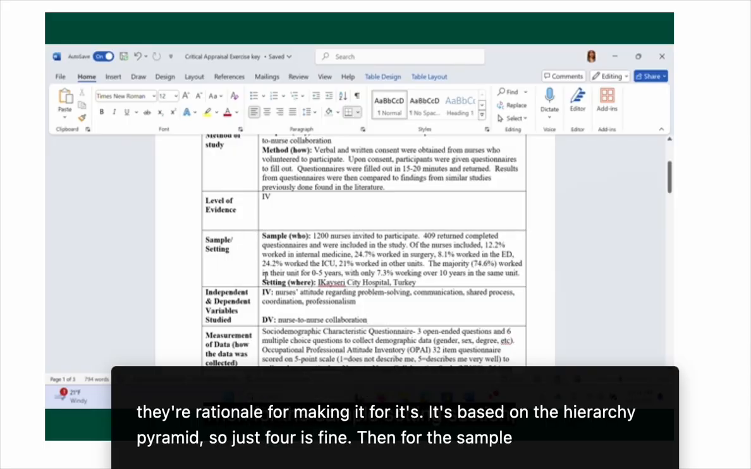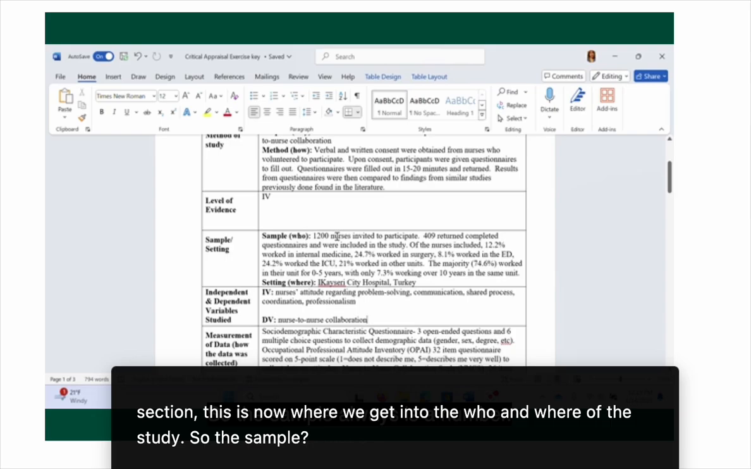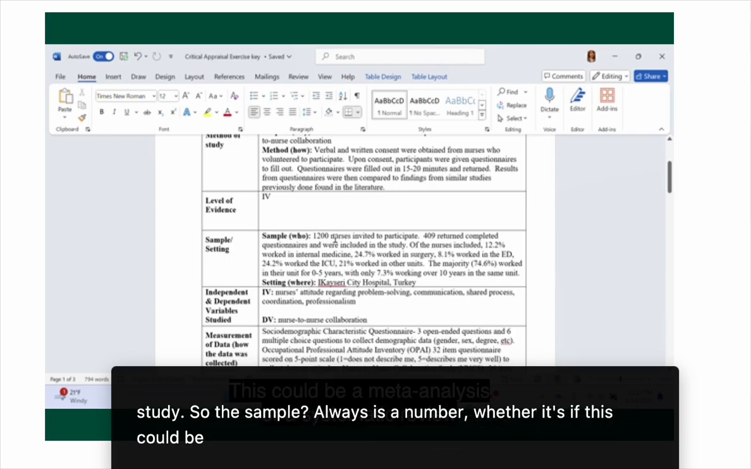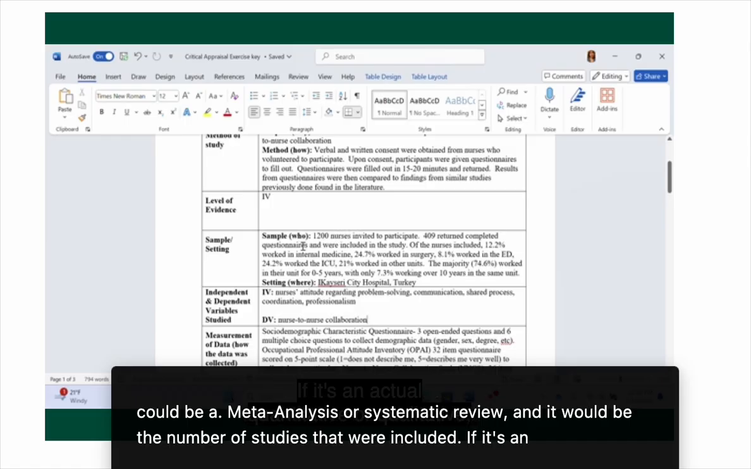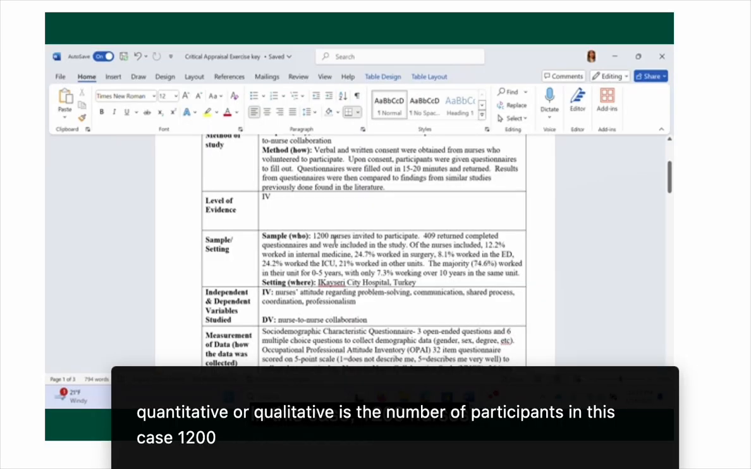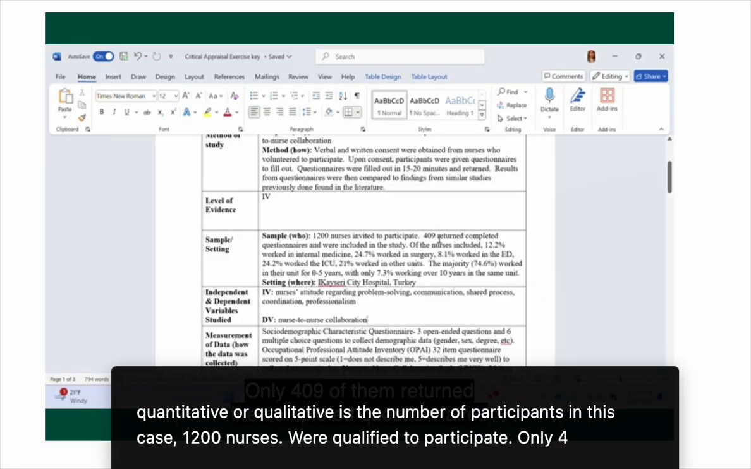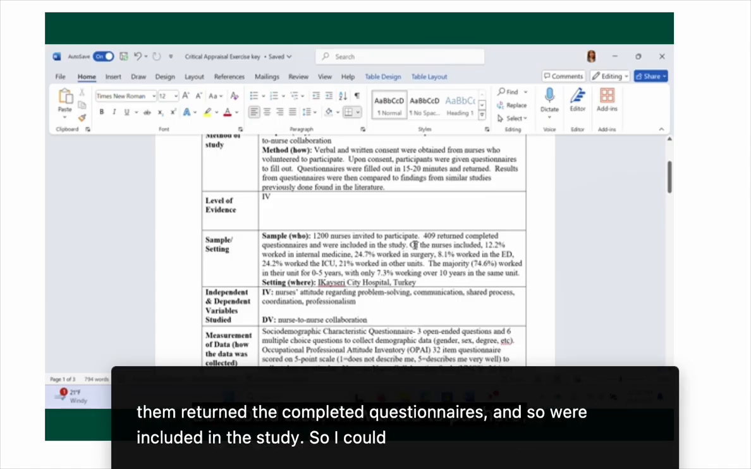Then for the sample setting section, this is where we get into the who and where of the study. The sample always is a number. Whether it's a meta-analysis or a systematic review, it would be the number of studies that were included. If it's an actual quantitative or qualitative study, it's the number of participants. In this case, 1,200 nurses were qualified to participate. Only 409 of them returned completed questionnaires, and so were included in the study. So I could also, if I wanted to, put here